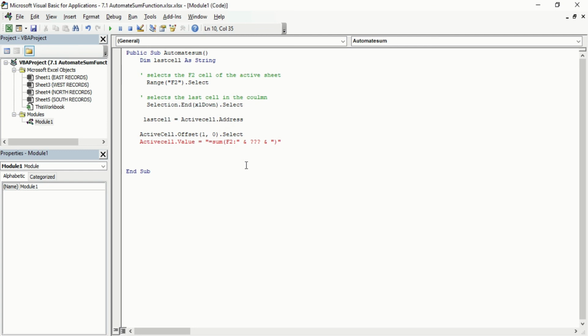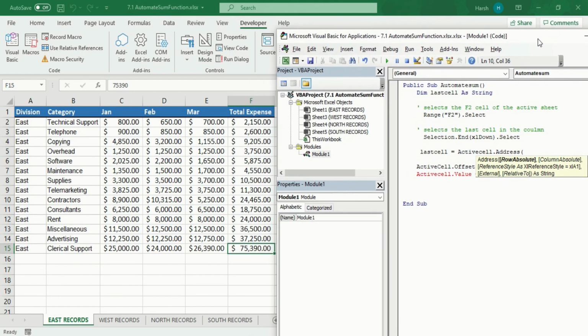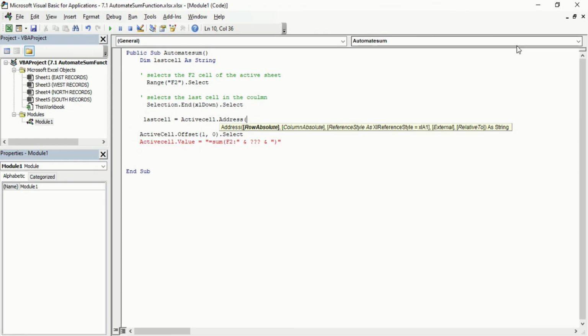So what will the address do? Now we will close and open the bracket. Now we have to go for RowAbsolute and ColumnAbsolute. The row absolute and column absolute are something present in front of the digits that we use. If we go in our Excel, you will see there is a dollar sign. If you want that dollar sign, you should go for RowAbsolute True and ColumnAbsolute True, and the dollar sign will be present in front of the column and the row.